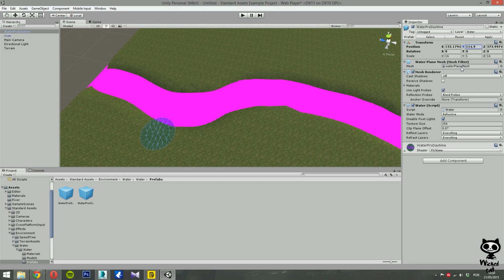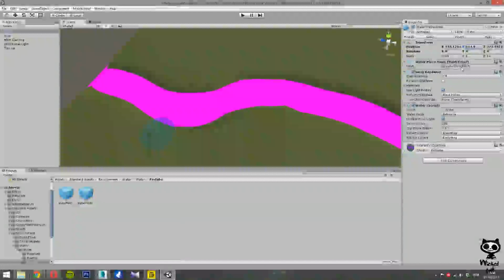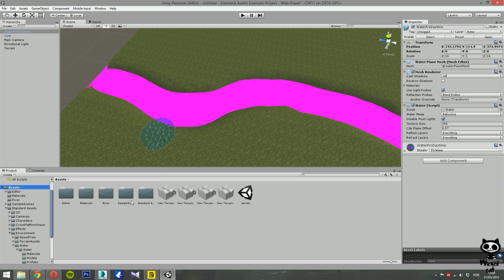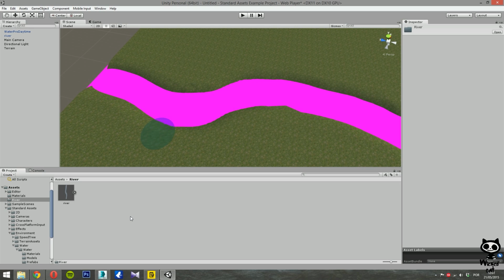What we are going to do to create a river is to change the mesh that is used on this prefab. So instead of using the water plane mesh, we are going to use the mesh of the river. So this is actually very simple to do. And to do this, we just go to assets, we open the river, and now as you can see we have the FBX model right here, and we have this little arrow. So if you click here, this will open the components of the